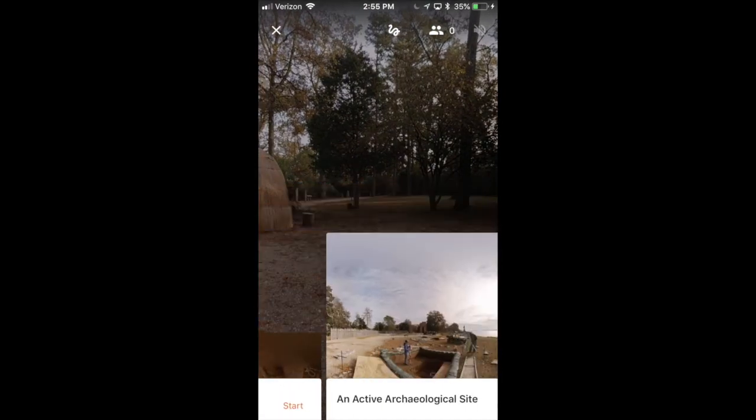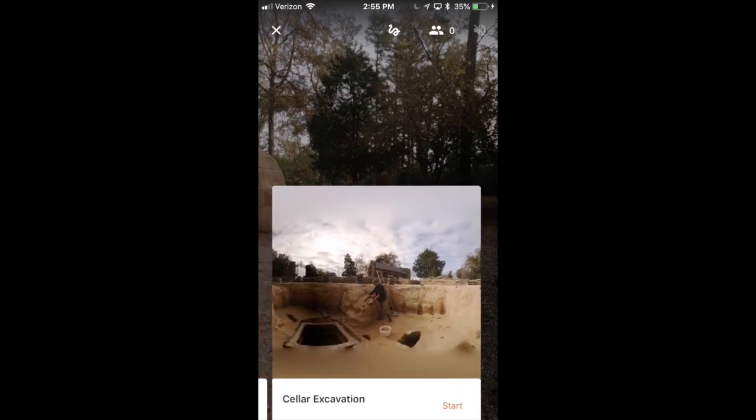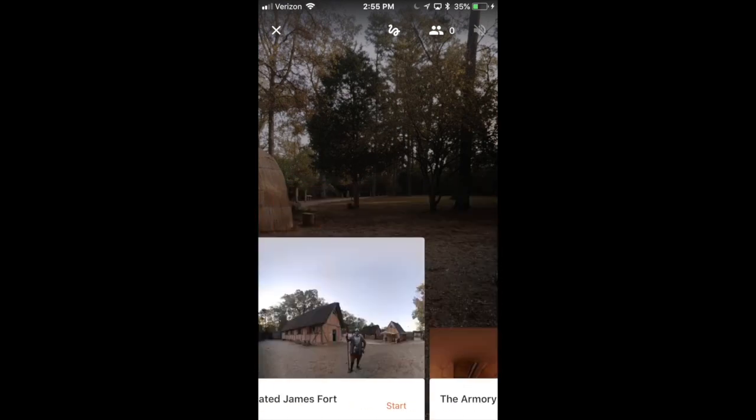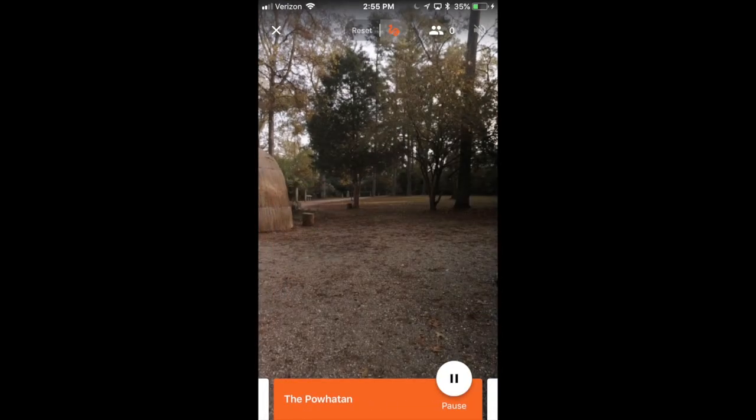So again, you can just look through the different scenes at the bottom. You can also draw. So if I wanted to point out something over here, the little squiggly button at the top that just turned orange, you click on that and you can draw different things. So I can circle things. I can tell them to go that way. And whatever I draw on my screen as the guide will actually show up on the screen of the students that are in my